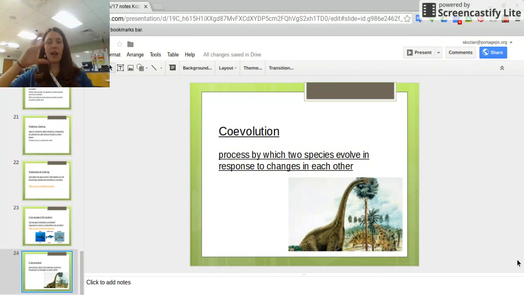the Brachiosaurus, as its neck got longer, probably ate from taller trees and then spread the seeds of those taller trees. As the trees got taller, the Brachiosaurus who had the longer neck is going to be the one who can survive, and the one that's going to be able to eat that tree. So as one got bigger, the other one had to get bigger because they're dependent on each other. And that's it for chapter 17, guys. You've got coevolution. As one gets taller, the other one has to get